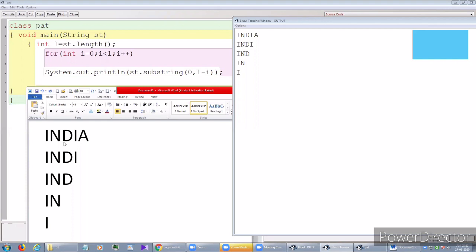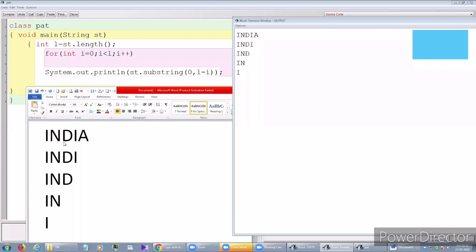Again and again I repeat, 0 comma 5 means it will print index 0 to 4. If you give a single value inside the substring, it will start from this index to the rest of the string. Substring extracts a sub part of the string. So we can use it in two different ways.